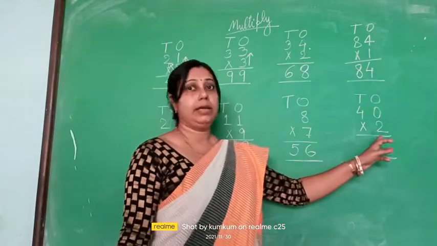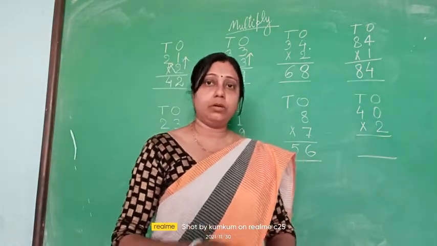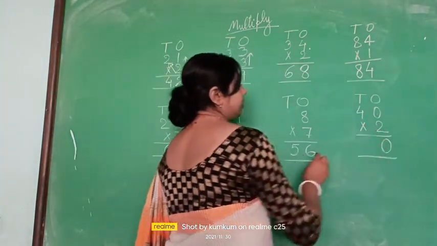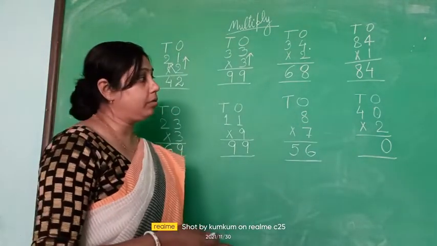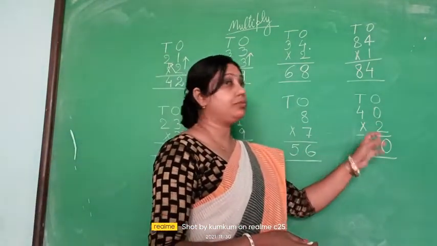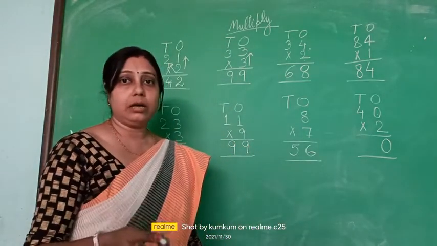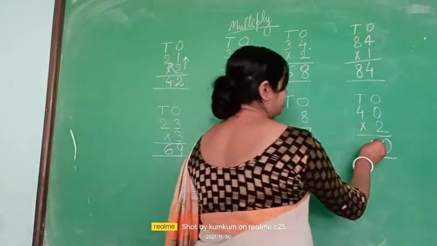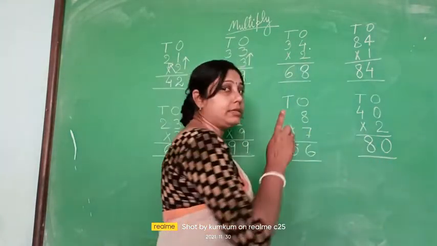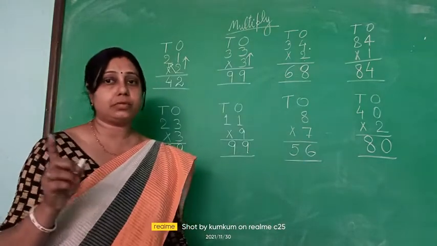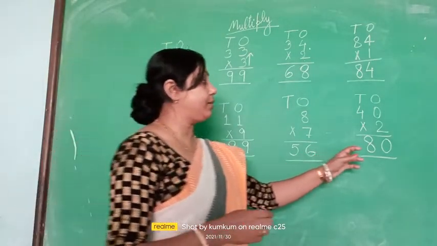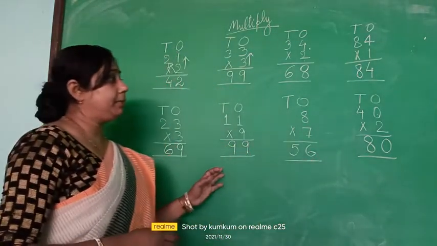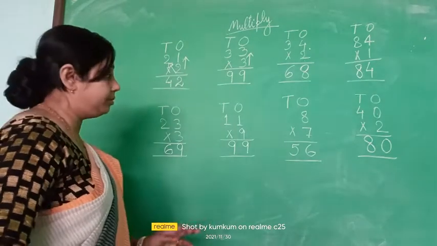Now the next question, anything multiplied by 0 is 0, we know. So we will multiply here, 2 zeros are how much? 2 zeros are 0. Now we will do the cross multiply. 2 fours are how much? Or 4 twos are? 4 ones are 4, 4 twos are 8. If you are reading the table of 2, then also you will see 2 ones are 2, 2 twos are 4, 2 threes are 6, 2 fours are 8. So then also 8 will come. So this way we have done some of the multiplication. Let us try a few more. Let us see.